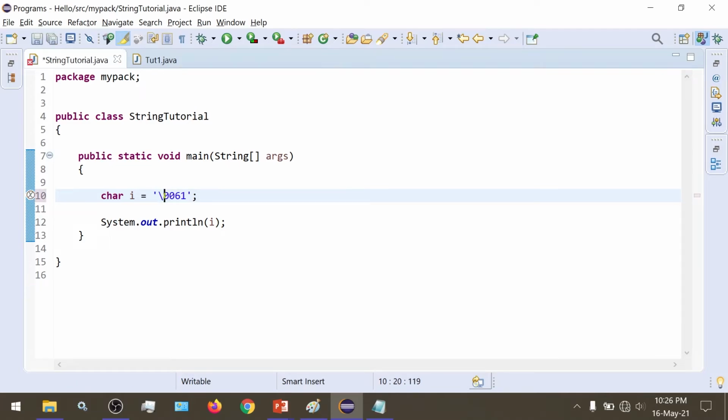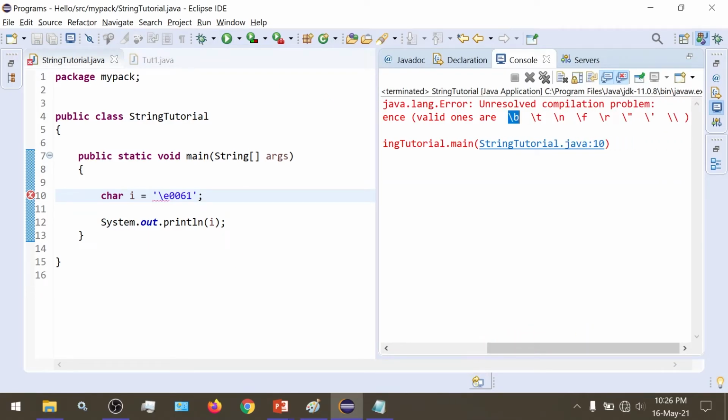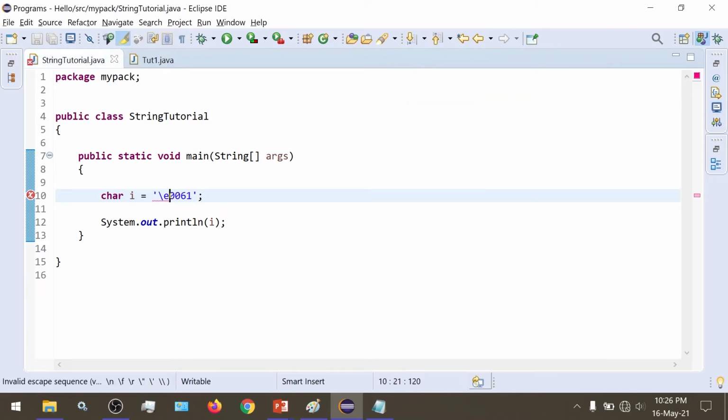Even if we use something like E, you would get an error because the only valid ones are \b, \t, \n, \f, \r, double quotes, single quotes, and backslashes. So you can only specify these, and for Unicode this u is used.